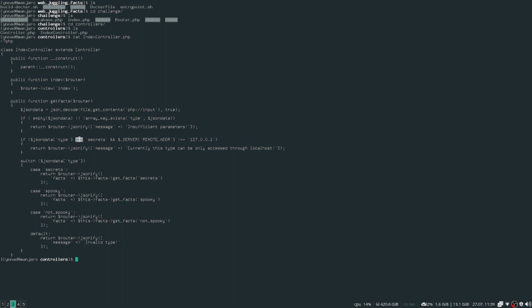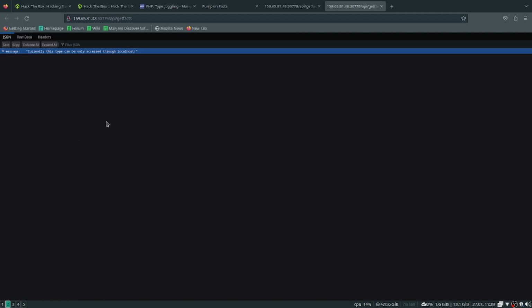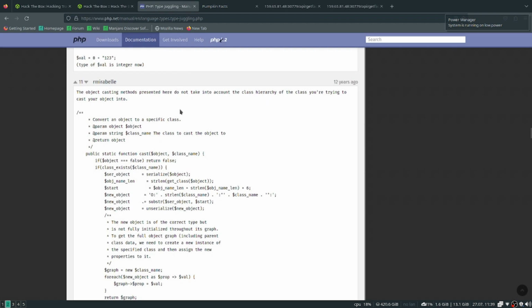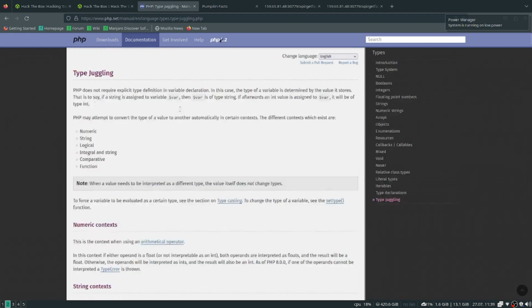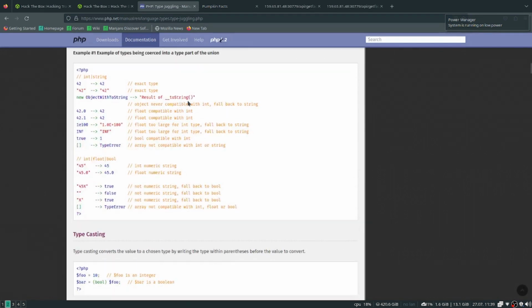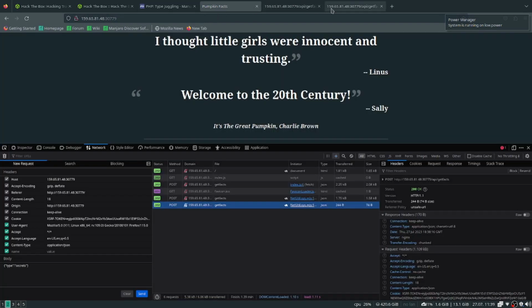One of the ways that I guess people didn't realize is how they're comparing it right here. In this case, they're using a triple equal sign. And a triple equal sign means that it's comparing the types. With a triple equal sign, you don't really have to do that much comparison, because